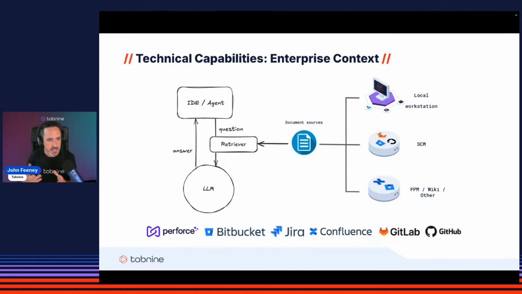And of course, the idea then is that the model has everything it needs to be able to provide a correct and satisfactory response to the user. Now, this poses two challenges when it comes to cloud-based AI vendors. One is, to do this indexing, many vendors will require some sort of ingress into your network and into your source code management system or your document store. So that's obviously going to be problematic in some cases.